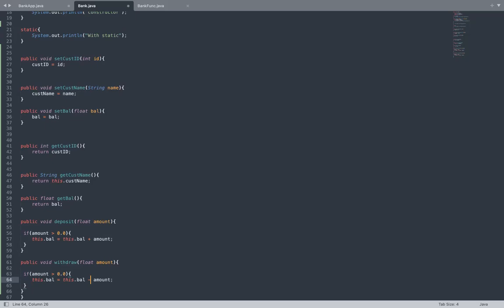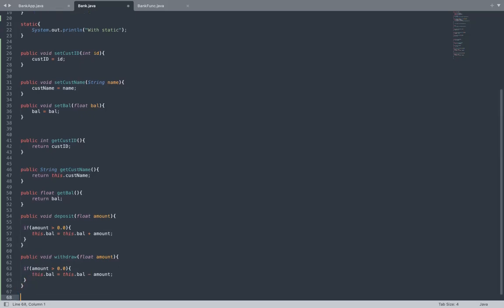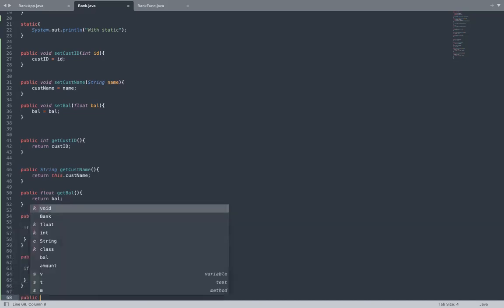Okay. So we are done with the deposit method. We are done with the withdraw method. We are good here. Now the user can come and check what his total balance is, right? He wants to check his balance. So then we'll have to give the actual value he has in his account. For that, we need one more method. After line 66, you have to create one method which has to return him the total balance, whatever he has.